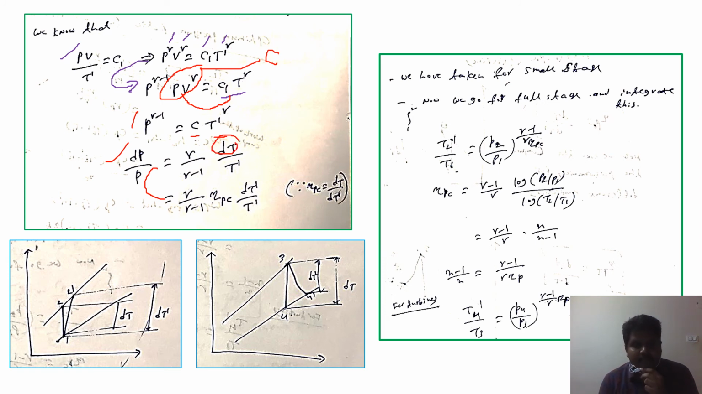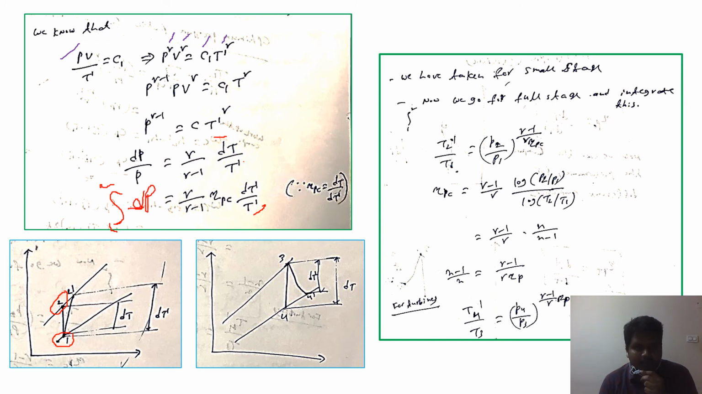Here dt is isentropic efficiency of the compressor into dt dash divided by T dash. Okay, this is for small stage. But if we go for full stage, we have to integrate this between 1 to 2. So if we integrate between 1 to 2